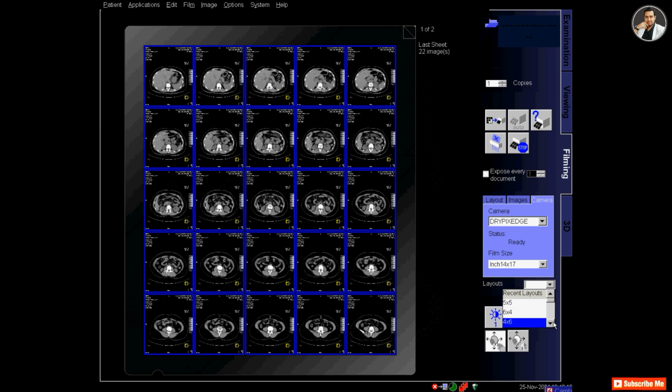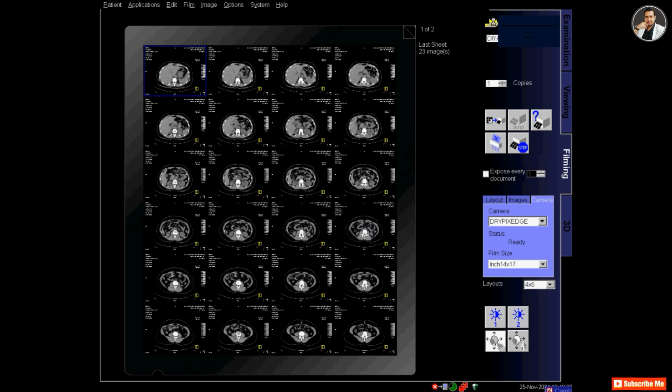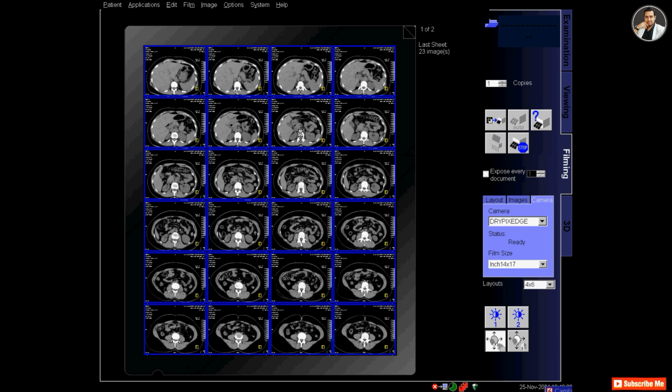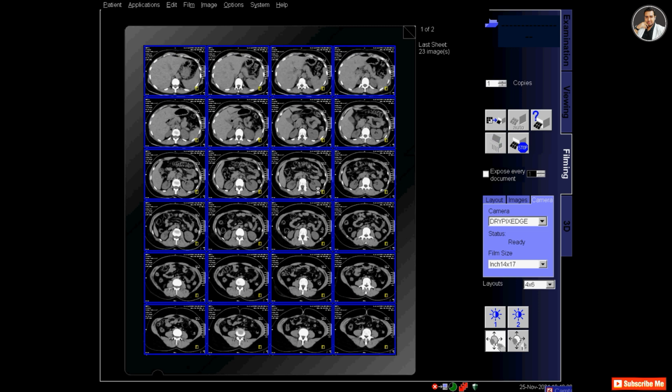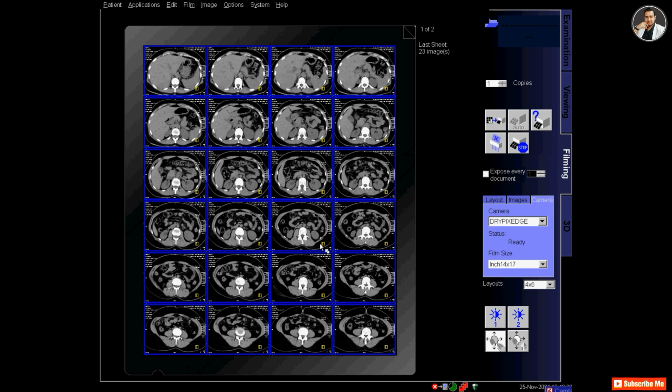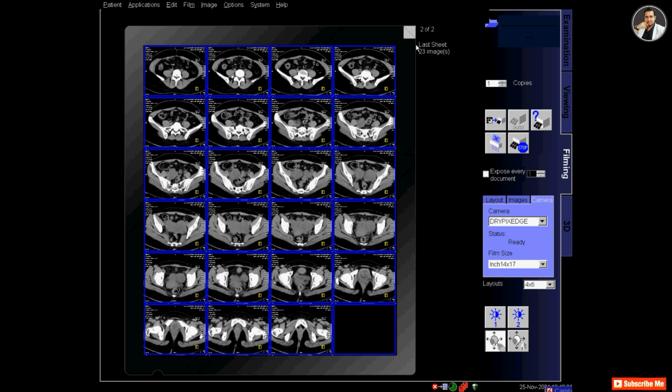So right now I am in filming and select the layout 4:7. I will select 4:6 so that 24 images fit in the film, and adjust the image.